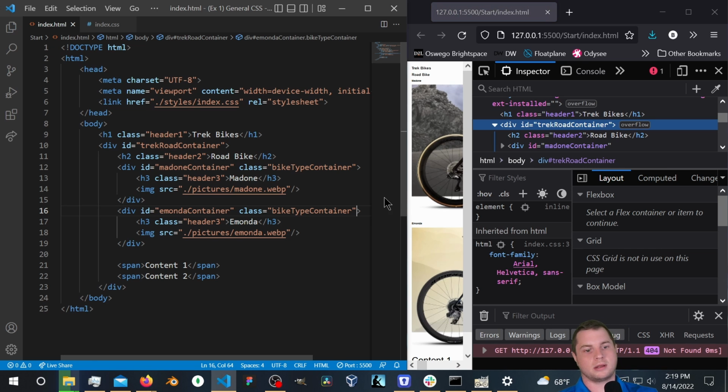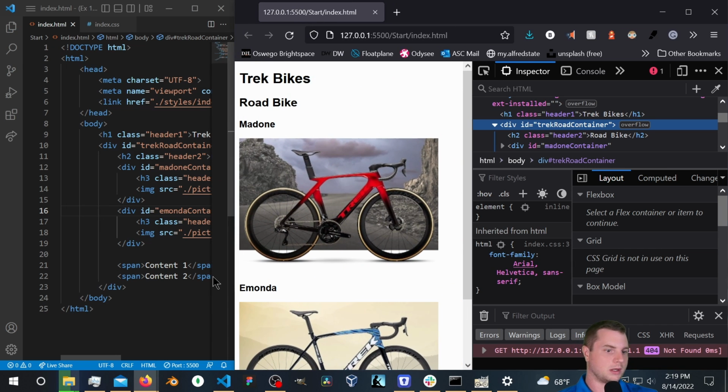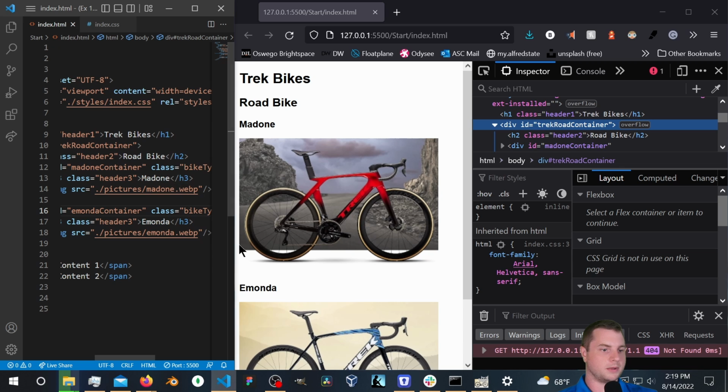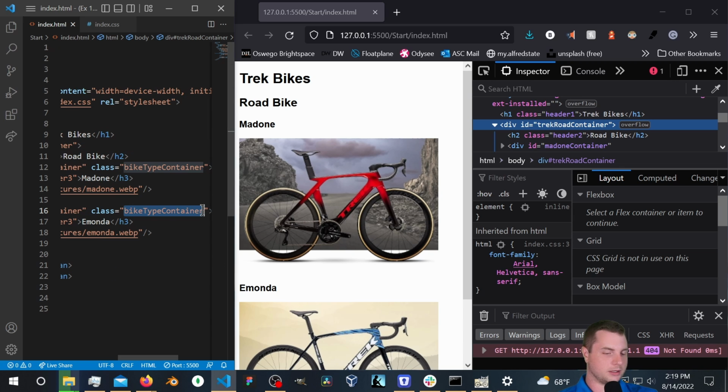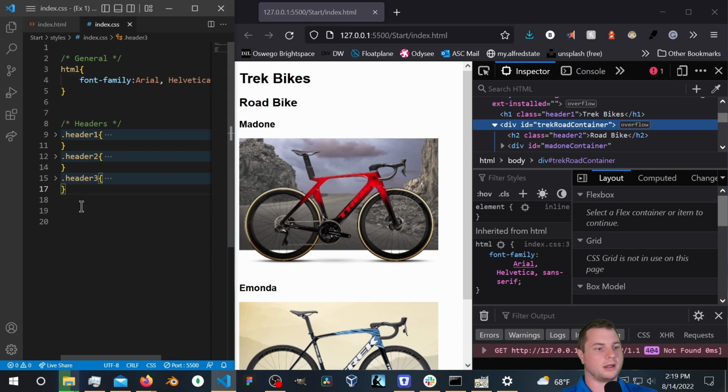Bike type container. Now I'm going to make that smaller. I'm also going to copy this because I don't want to run into any problems. I'm going to create a little section here with a comment header, container. Okay, and this is going to be a class. And then we want